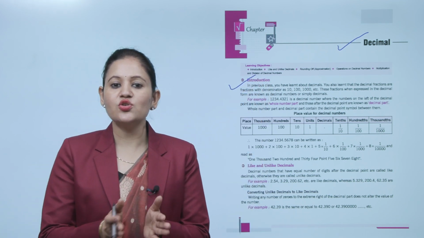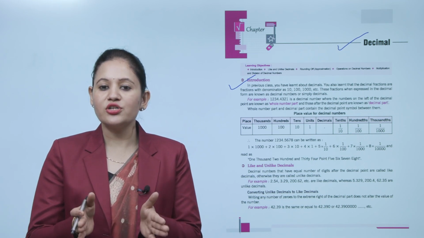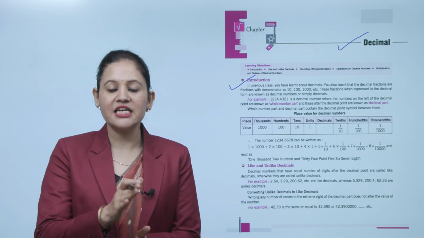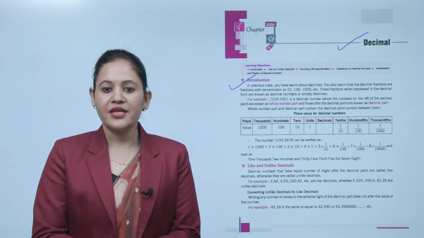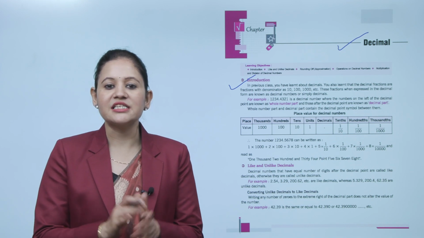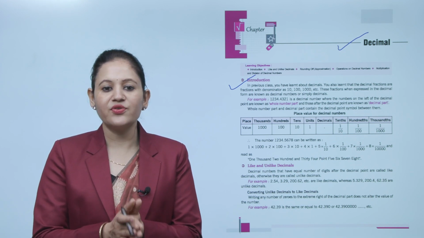In the previous class, you learned about the decimal. You also learned that decimal fractions are the fractions with the denominator as 10, 100, 1000, etc. These fractions, when expressed in the decimal form, are known as decimal numbers or simply decimals. For example,